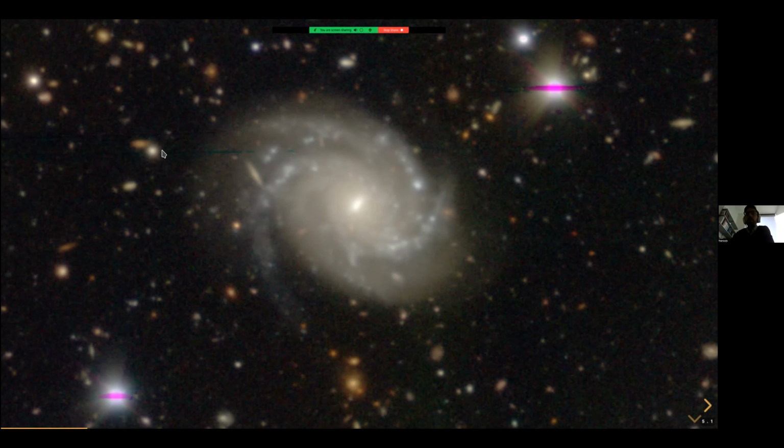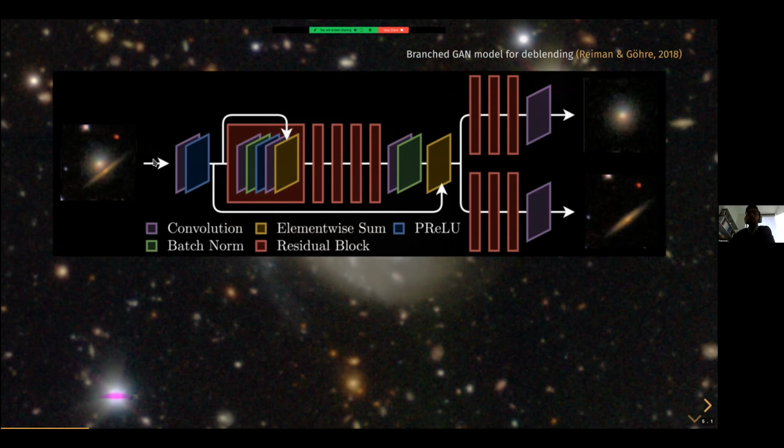It's a task that we call deblending. And so this is something that you can try to use a machine learning approach to solve. So here is the paper from a couple of years ago now, which looks at one example of blended images: two galaxies that overlap on the sky, and you feed it through a neural network, and that neural network tries to give you the independent contribution to this blended image.